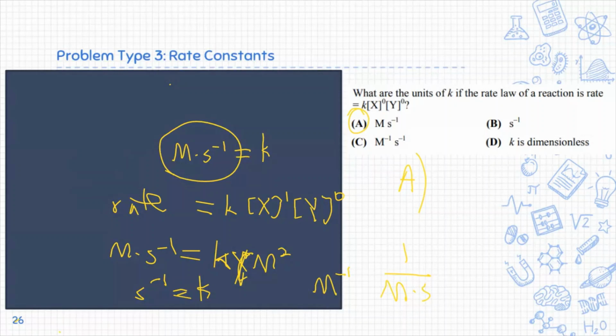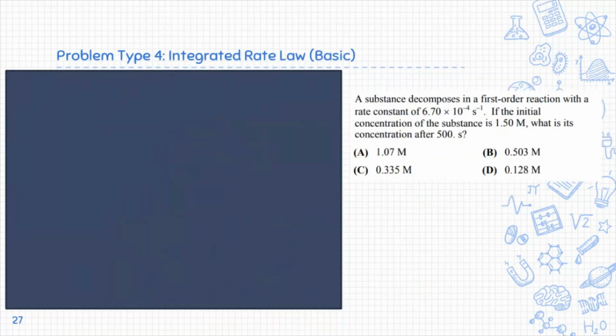Basically, a zeroth order reaction overall starts with moles per second, and then as you increase the order, the power of the moles decreases by 1. Does that make sense? Or not moles, but molarity. Cool. Yes,